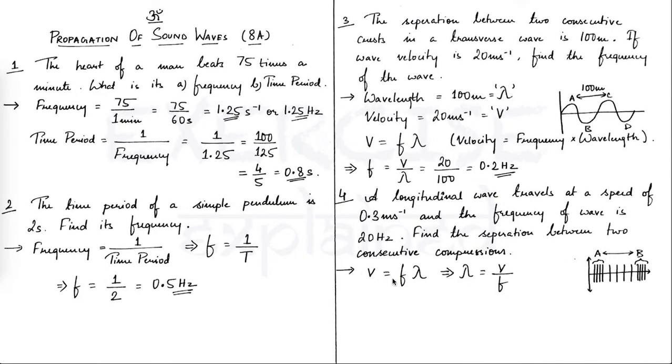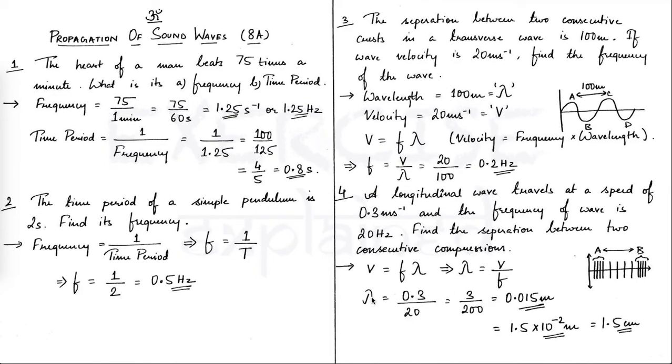So I use V is equal to F into lambda. So lambda happens to be V by F because F goes to the other side. So lambda is V by F. So lambda happens to be 0.3 divided by 20. So 0.3 divided by 20, I multiply numerator and denominator by 10. When I multiply the numerator and denominator by 10, 0.3 into 10 gives me 3 and 20 into 10 gives me 200. So 3 divided by 200, which happens to be